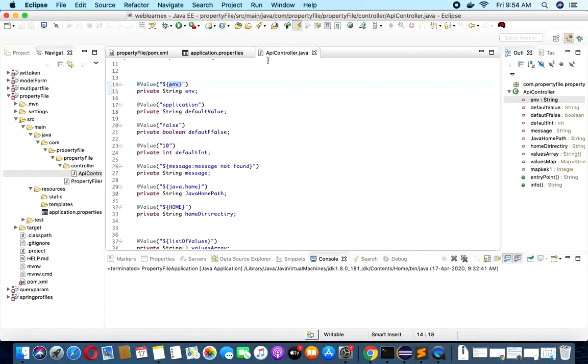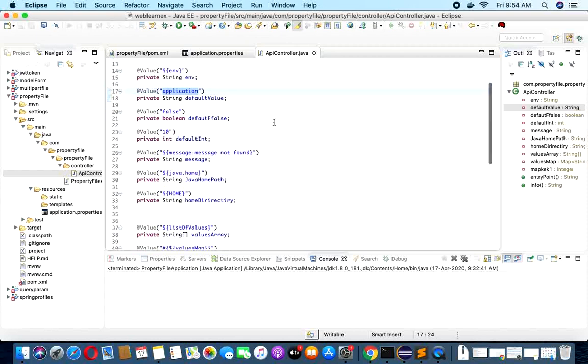If you want to set a default value in a variable, you can use the @Value annotation and in double quotes add some static content. Whatever I put here, the application will assign as the variable's default value.